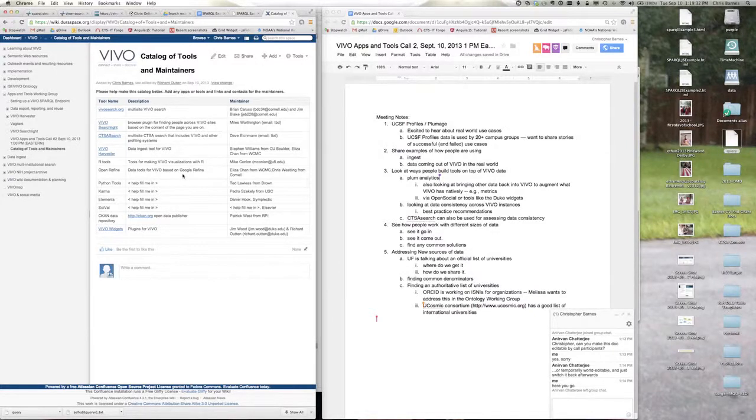So my idea was we would have the name of a tool or an app, and I'm going to skip down here to widgets because I know that Patrick and Richard are on the call. I would have a description for Vivo widgets, plugins for Vivo, and I know that it's more than that, and I apologize, but we could put in a better description. And then we would have the contact information for the maintainers. I'm hoping that this would be a good way to have a starting point.